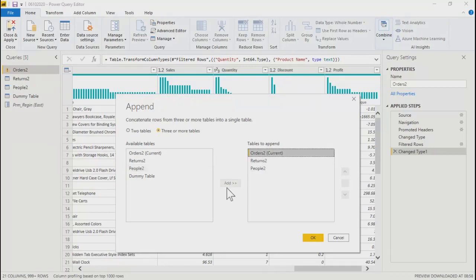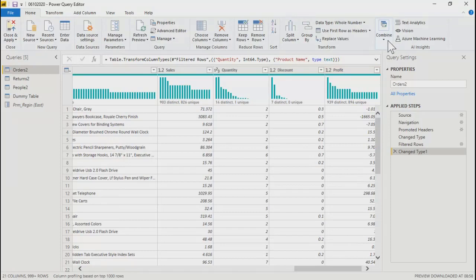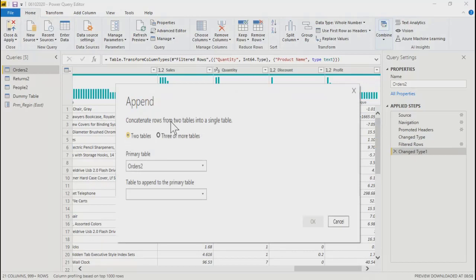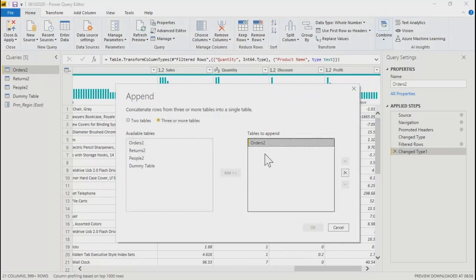So what I'll do, okay, it won't allow me to remove these orders. The reason being, over here, I selected append queries. If you say append queries as new, it will allow you to use whichever tables you want, and it will allow you to remove this, because it will help you to add a new result over here, right?